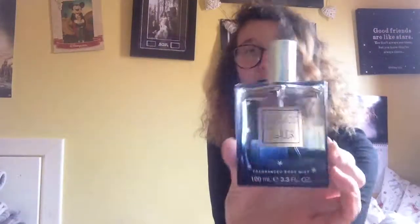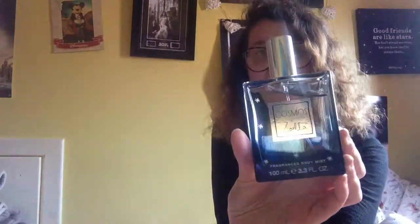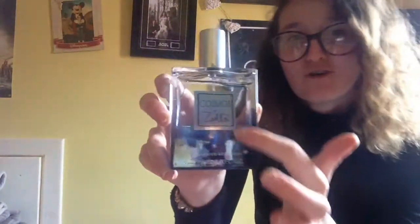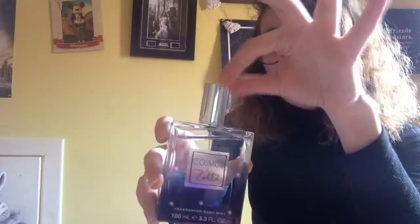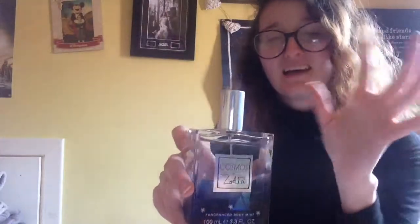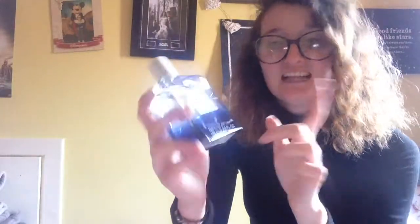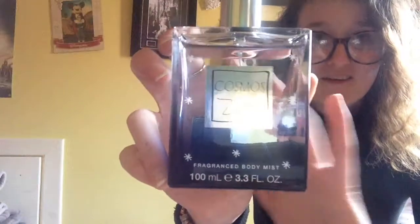So today I'm going to be doing a first impressions of Zoe's new Christmas range for 2018. So I have the Cosmos by Zoella body spray and the packaging is stunning. It's kind of blue ombre into the clear and it has an iridescent, is that the word? Iridescent, and it's kind of rainbow effect. It's very metallic on the lid and it's got the little stars detailing on it as well, if this will